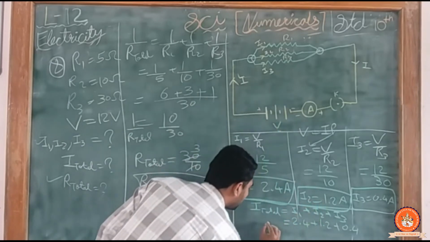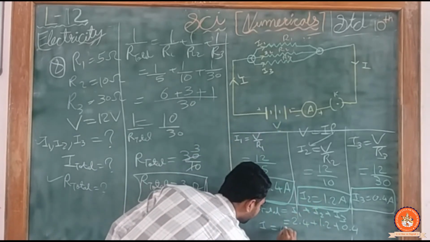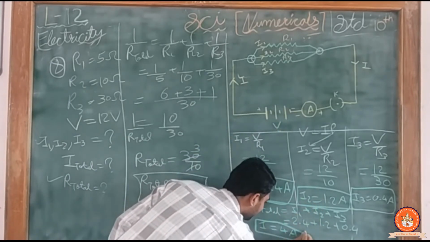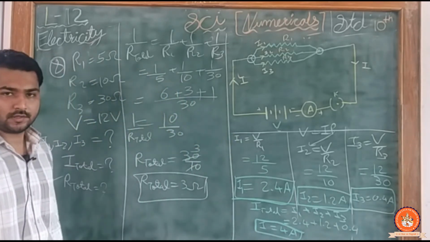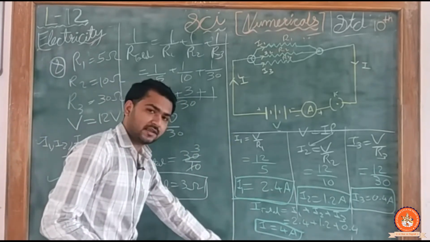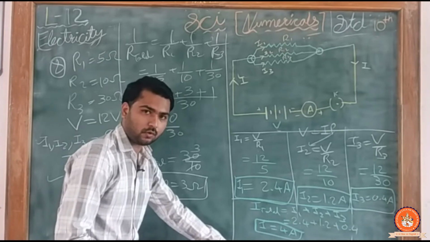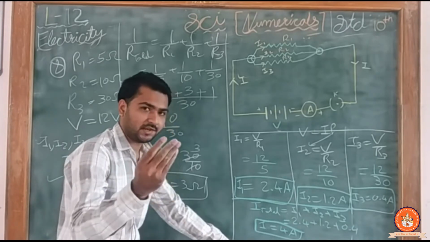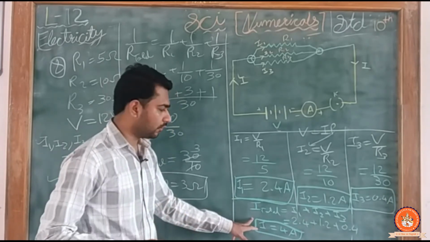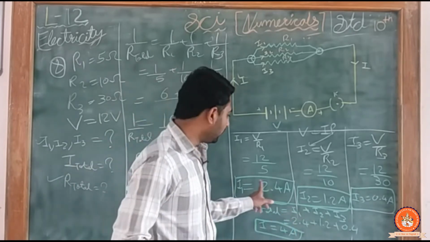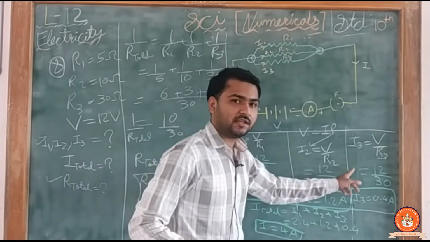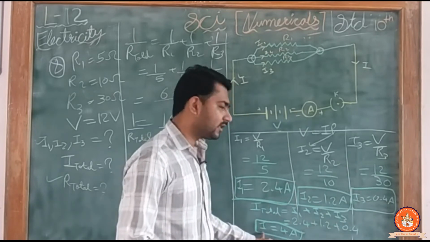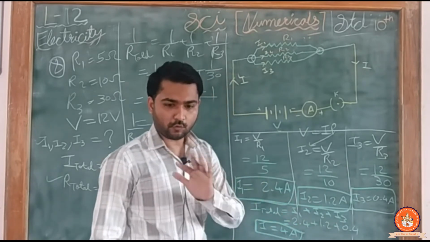मुझे करंट की वैल्यू क्या मिलेगी? I total is equal to 4 ampere. This is my answer. ठीक है, अगर आपको बोर्ड के नीचे से दिख रहा है नीचे वाला पार्ट तो ठीक है. If it is not visible to you, so listen to me. I total is equal to, you have to sum all the current, जितना भी I1 plus I2 plus I3 है, तीनों को प्लस करना है एक साथ and you will get the value of I total, that is 4 ampere.